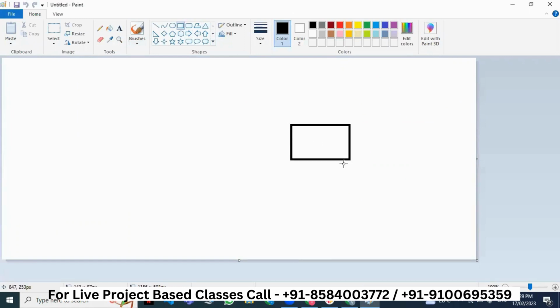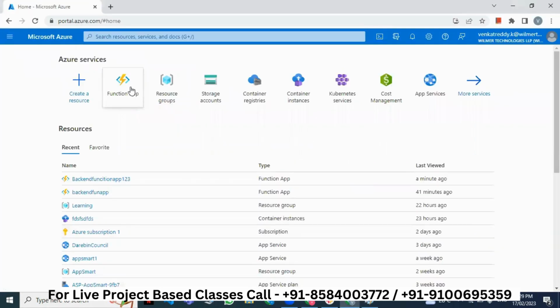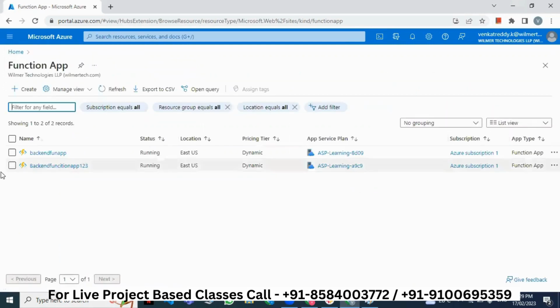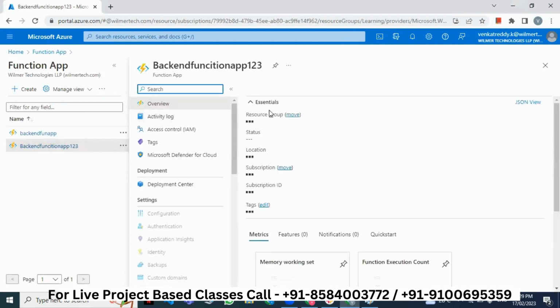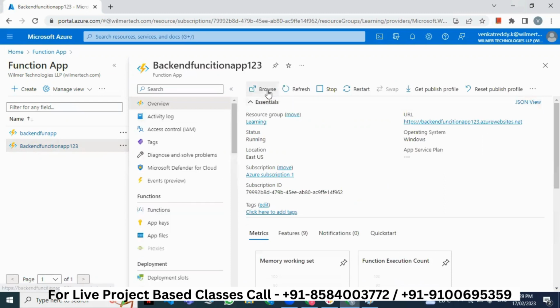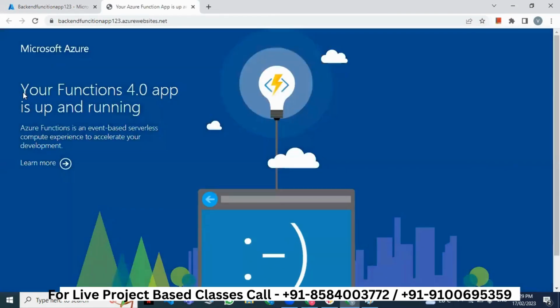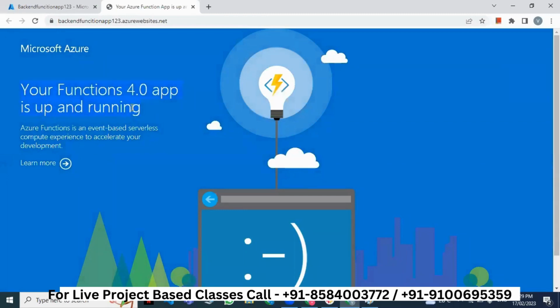Sir, 1 minute. In that function app, if you click on browse, what can we see? Yeah, it's an empty web app running. Actually, you never use the URL. You will only call the HTTP triggers and timer triggers. If you just click to browse it, you can browse it. It will say the function app is running. It only says like this. But if it is front end, you will be seeing buttons, images, this and that. But back end, guys, no one actually views the backend application. Okay. Now